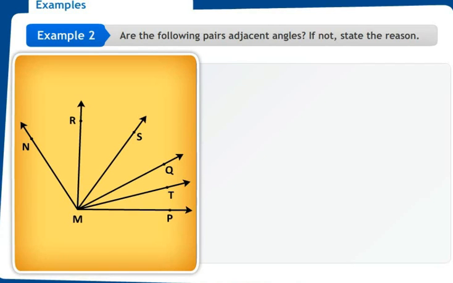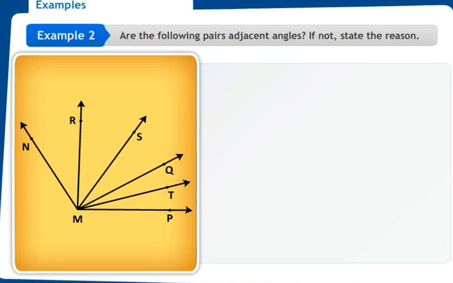Now, how do we define adjacent angles? I'll just revise in short. Basically, the word adjacent means next to or neighboring. For two angles to be a pair of adjacent angles, they need to have a common vertex, a common arm, and the most important, their interiors should be separate. Now these are the three conditions which, when fulfilled, will explain that yes, these pairs of angles are adjacent angles.